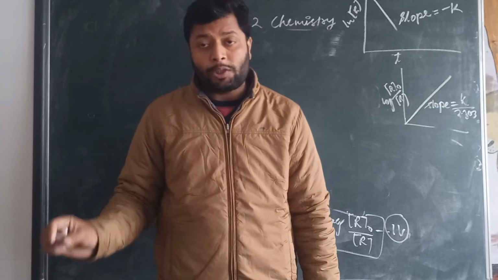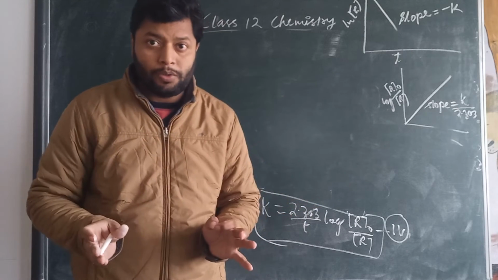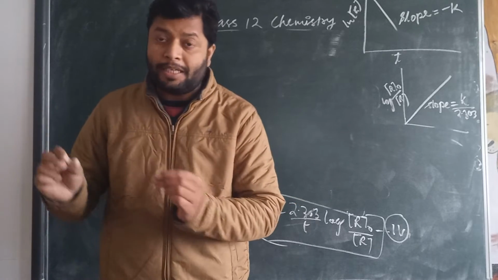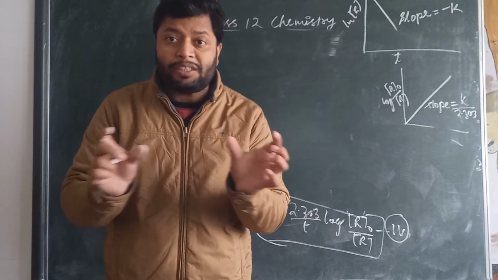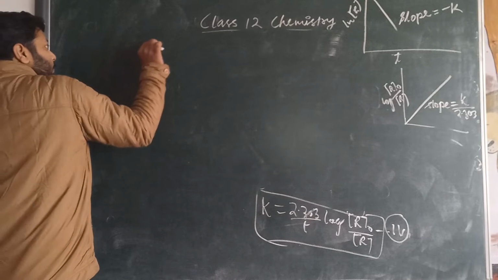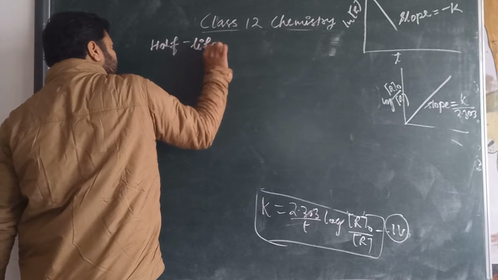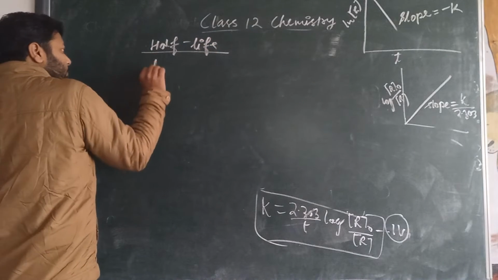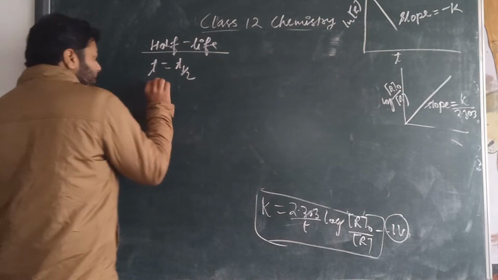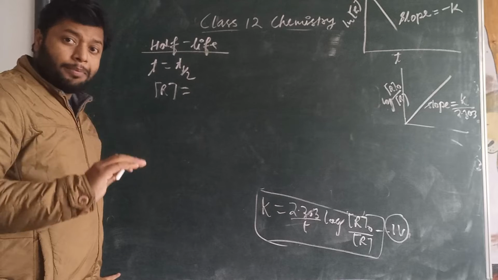Students, half-life is the actual time in which the initial concentration becomes half of the initial value. Initial concentration becoming half means 50% of the initial concentration is consumed. So the time duration is called half-life. Okay, let's solve the formula. t is called t half, and the final concentration becomes half of the initial value.